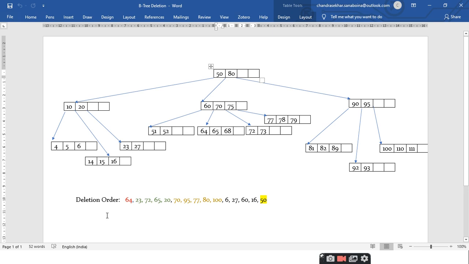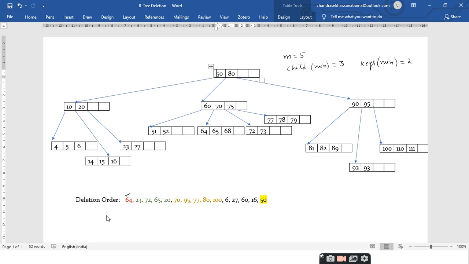So this is the B tree which we took in yesterday's class. What is the order of this B tree? What we took yesterday, that is m equal to 5, sir. m is equal to 5, right? So the minimum number of children will be ceil of m by 2, which is 3, and the minimum number of keys, as you told, is ceil of m by 2 minus 1, which is 2.